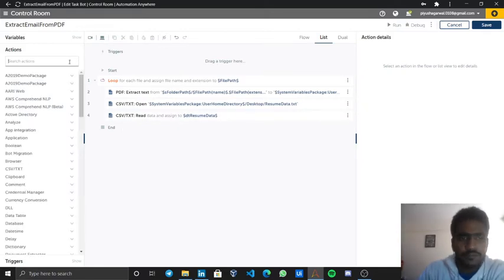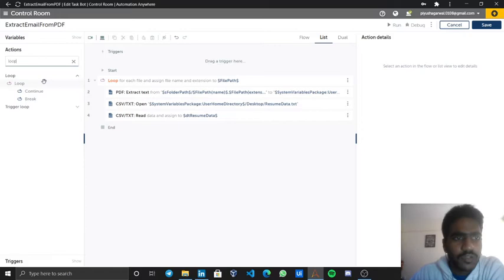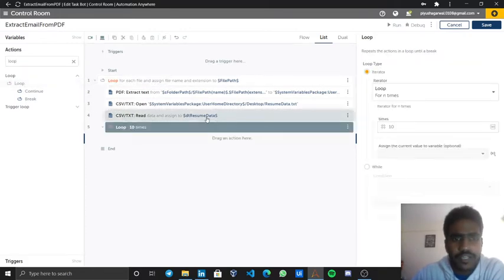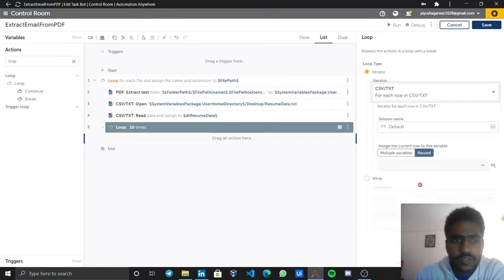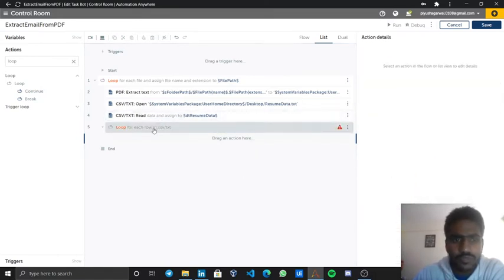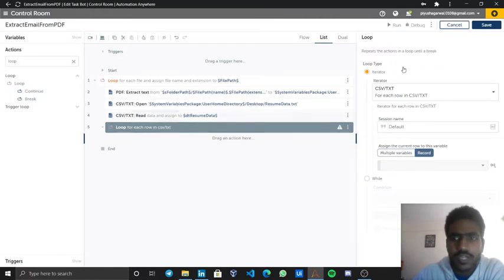Next I would need a loop to iterate over this data table. As the data is read, it stores that in a data table and we can read it line by line. So for each row in CSV txt, this can also be used. So A2019 gives us two options.